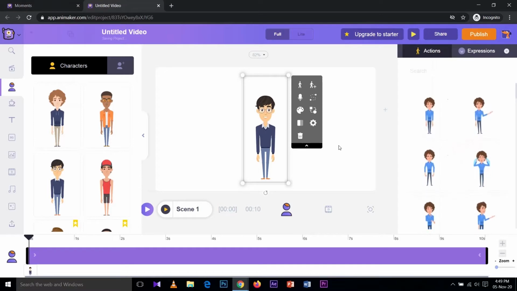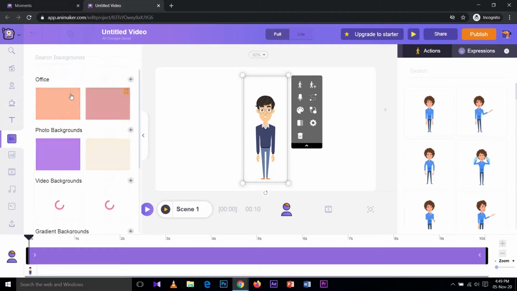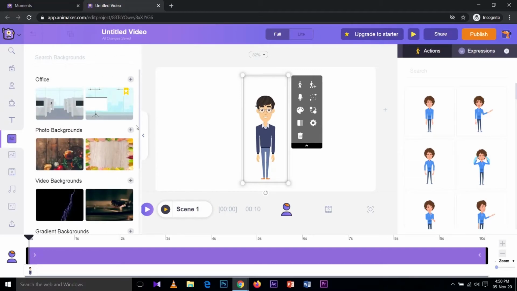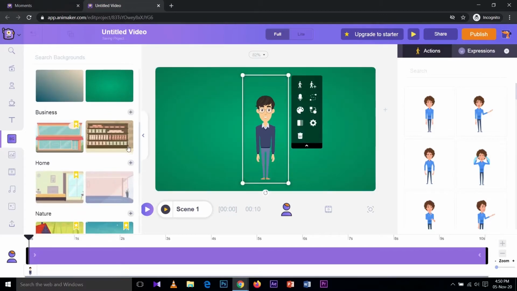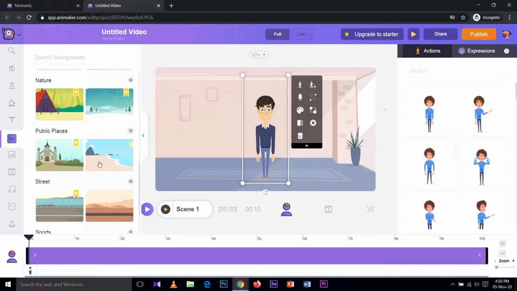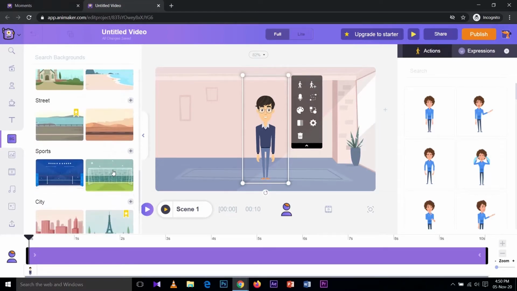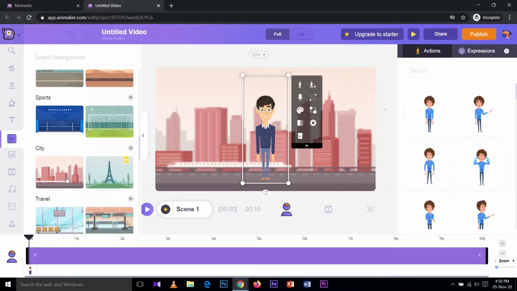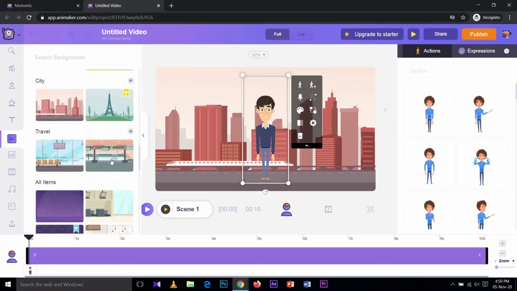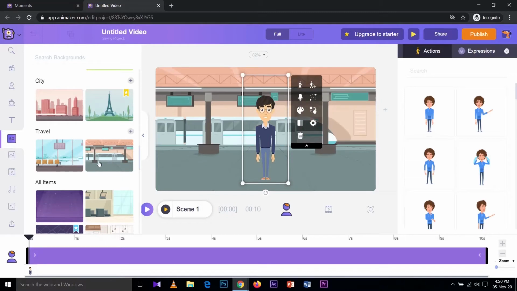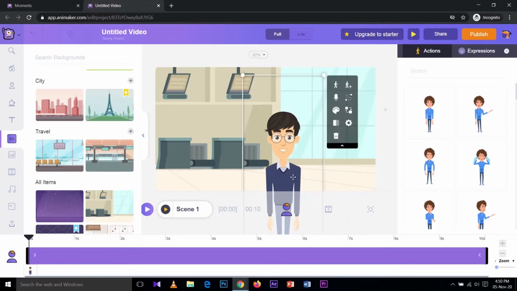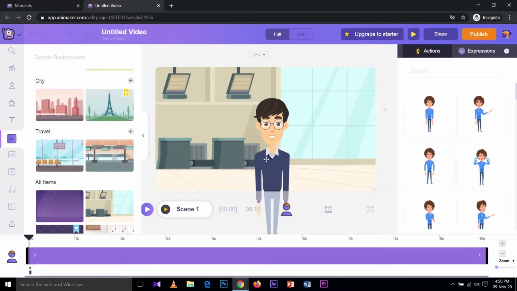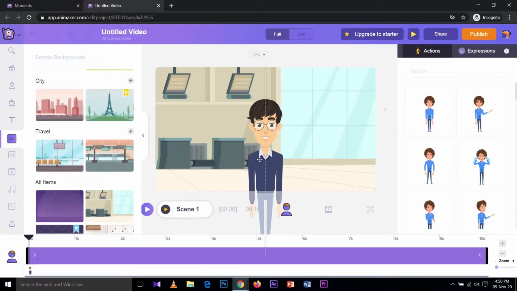Now first you have to select a character from the list shown here, and now select a background you need. Select anyone from free backgrounds. You can give green color or an indoor. This can give a city. Just select indoor, that will be most suitable for this character. Yes, maybe this will be suitable. Now you can rescale your character according to your taste and place it where you like.